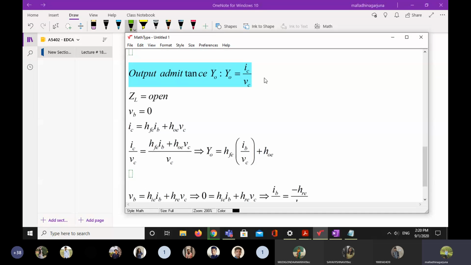Otherwise, if you keep the load resistance also in the circuit diagram, what happens is that we are controlling the load resistance. Okay, that is in our hands only. That load resistance you can either keep as a 5 kilo ohm resistor or 10 kilo ohm resistor or 100 kilo ohm, that is in your hand. So by taking the control in your hand, how can you expect the exact output admittance of your CE amplifier? Because you don't know how much you need to maintain to calculate the exact output admittance value.